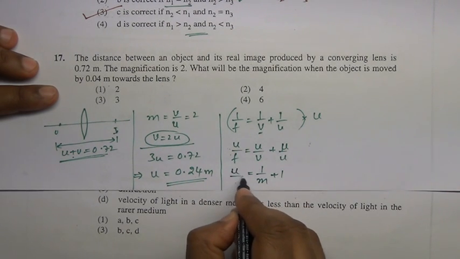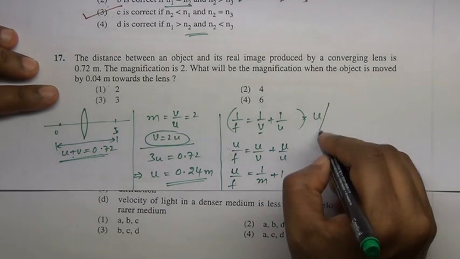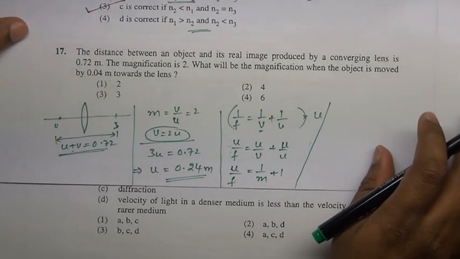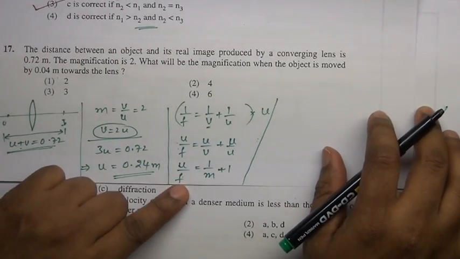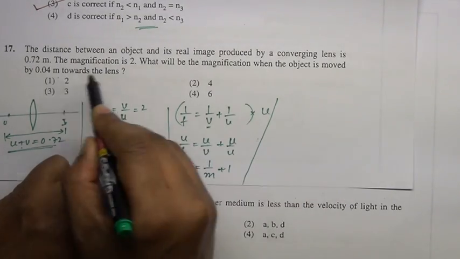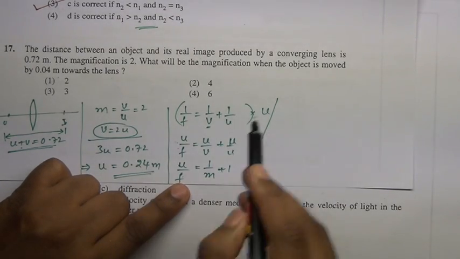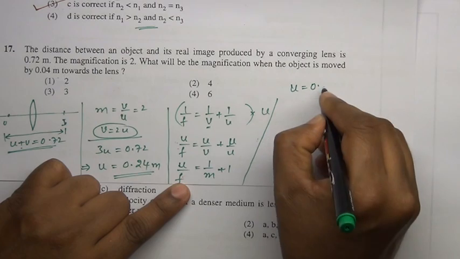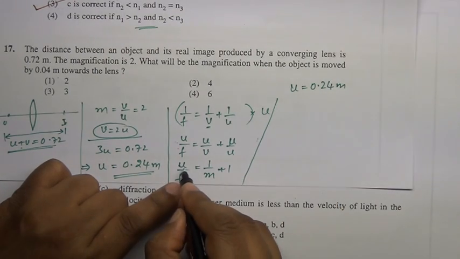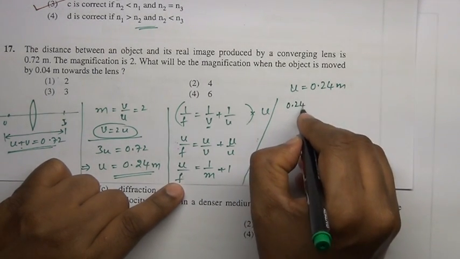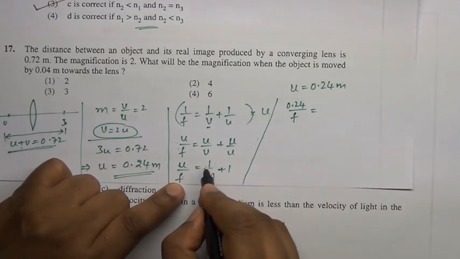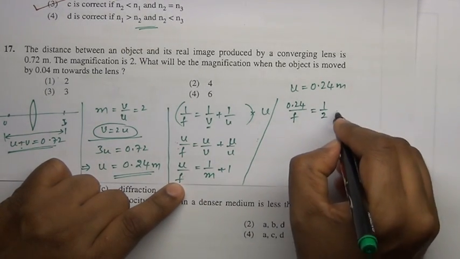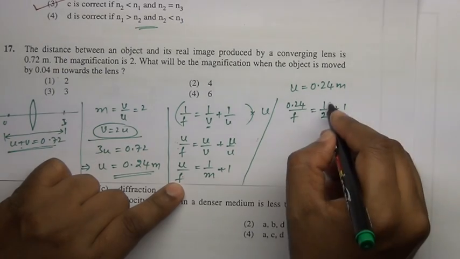This is u by f. Now if object distance is 0.24 meter, then this is 0.24 by focal length equals 1 by magnification, 1 by 2, plus 1. This is nothing but